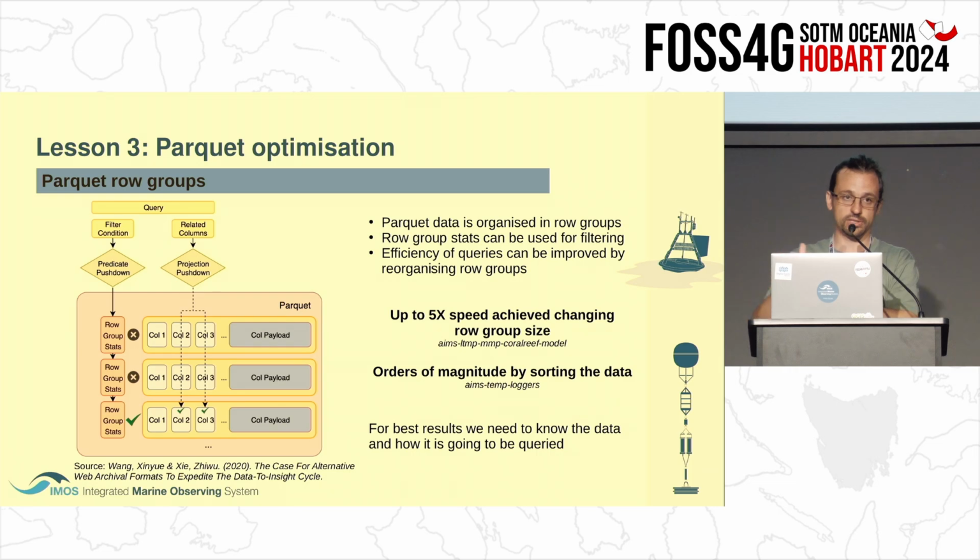But if you reduce the size of the groups of rows, when you query, you are able to filter them more efficiently. You can discard 70% of your row groups before looking at any of the actual data, and so all the queries are way faster. In addition to that, if you sort your data properly, this gets even better because let's say, for example, we sort the data temporally,